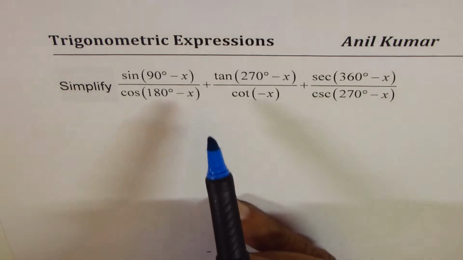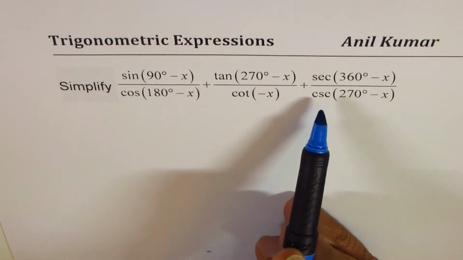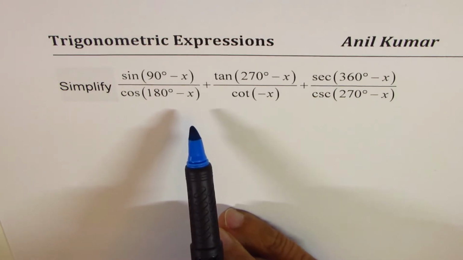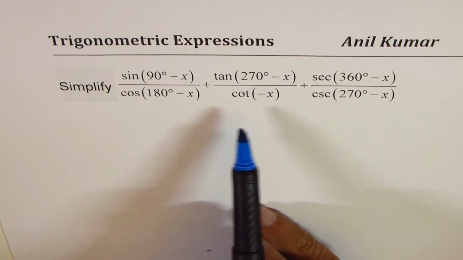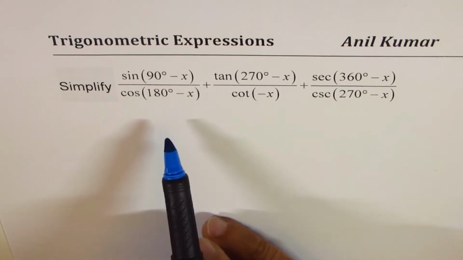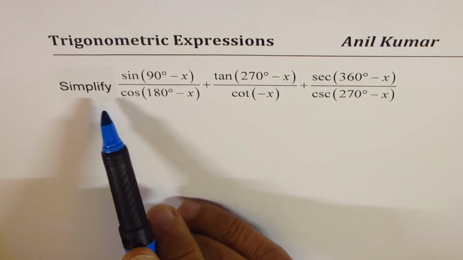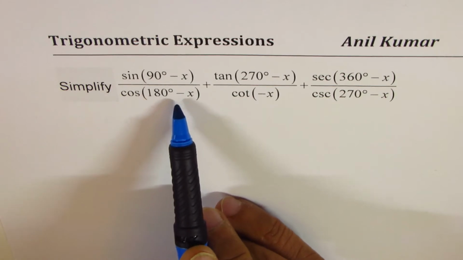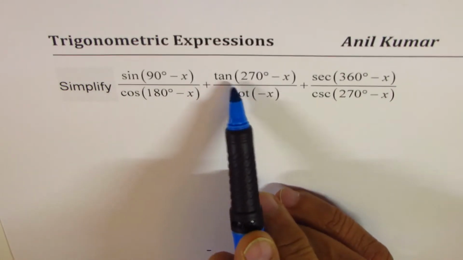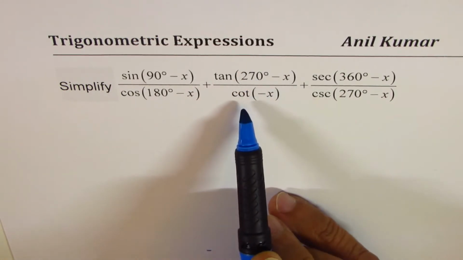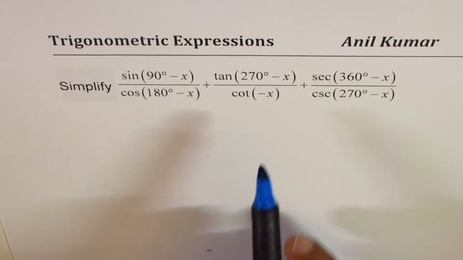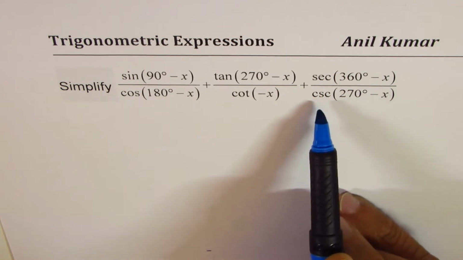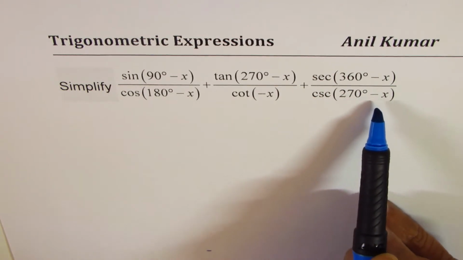So what I've done here is taken all trigonometric ratios and some combinations. And let's see how to figure out and solve such a question. The question here is simplify sine 90 degrees minus x divided by cos 180 degrees minus x plus tan of 270 degrees minus x over cot of minus x plus secant 360 degrees minus x cosecant 270 degrees minus x,